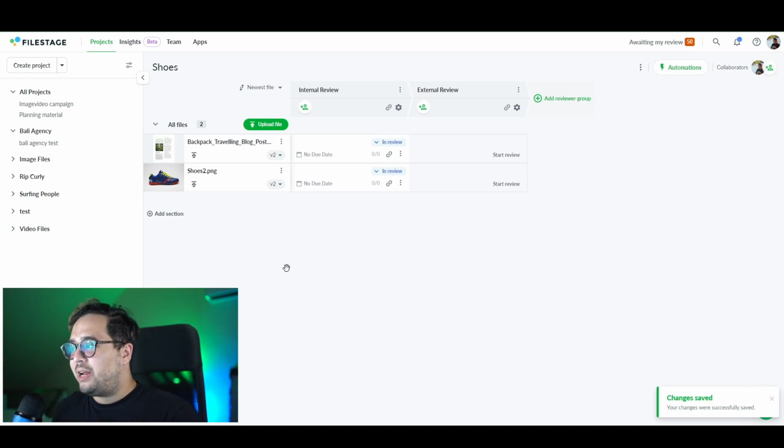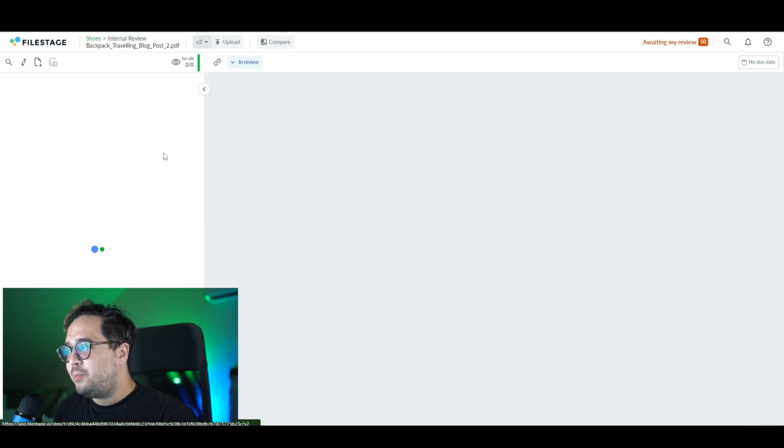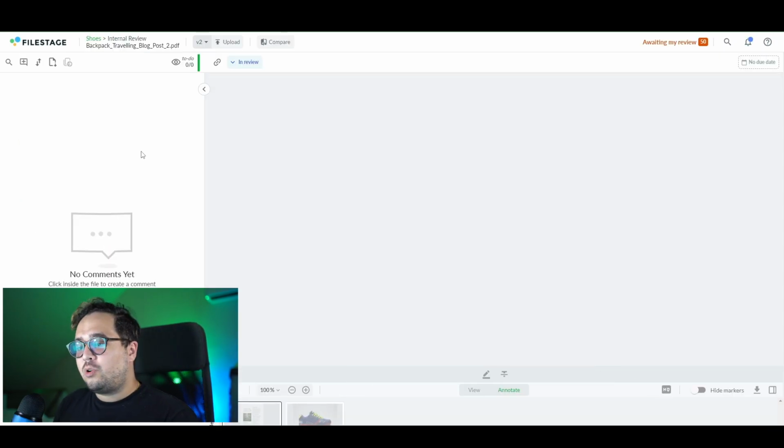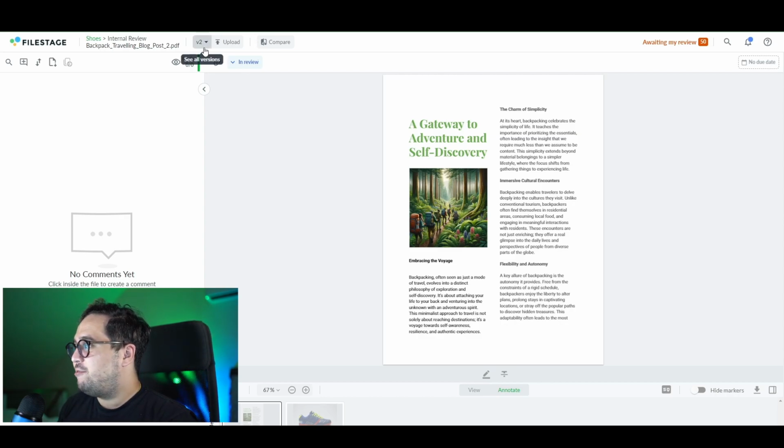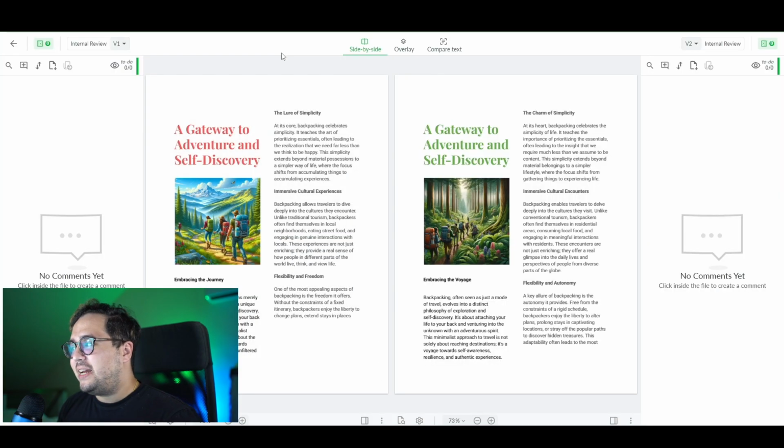Let's imagine we already have uploaded a document file and also an updated version according to the feedback we got. So as you can see up here, we have two versions in this file. As soon as you have two versions of a file, the compare button will be enabled. And by clicking on it, you will activate the compare mode, which by standard shows the latest and previous version